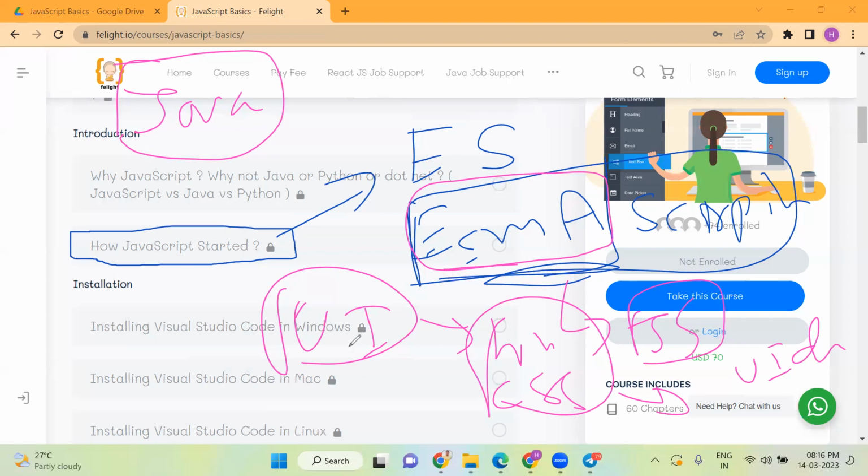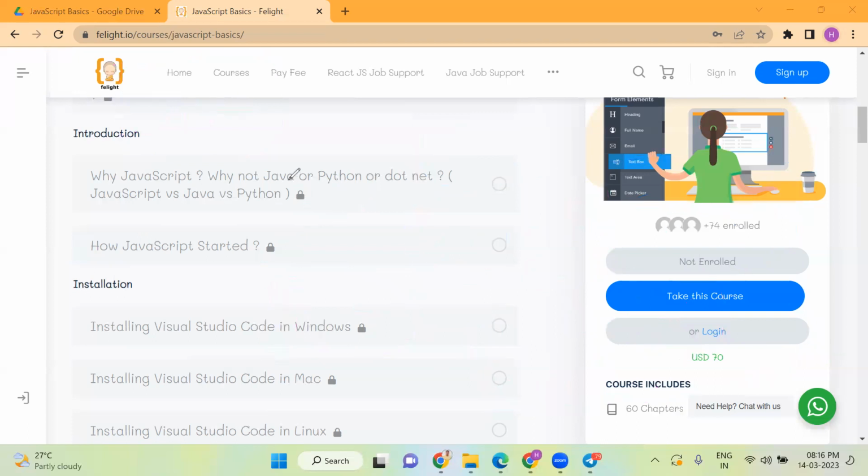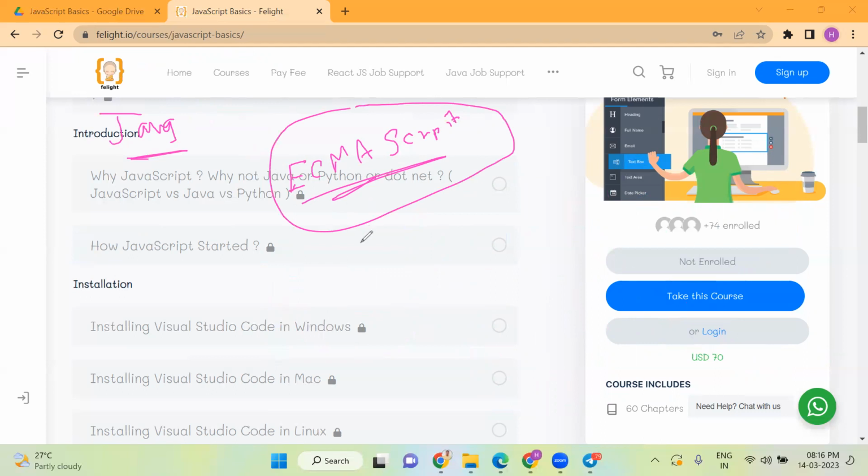So they teamed with one person to develop a brand new language, and that language is called ECMAScript. And during that time, there was another language called Java, which was becoming quite popular. They decided to take advantage of this, and they simply called ECMAScript as JavaScript.